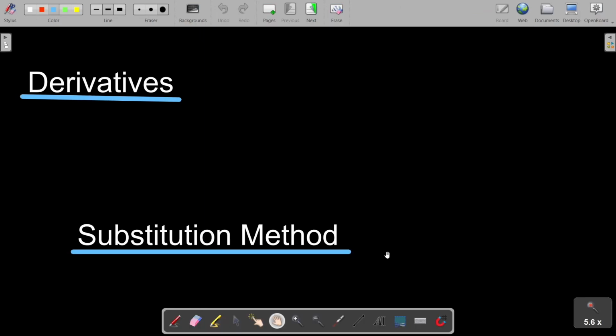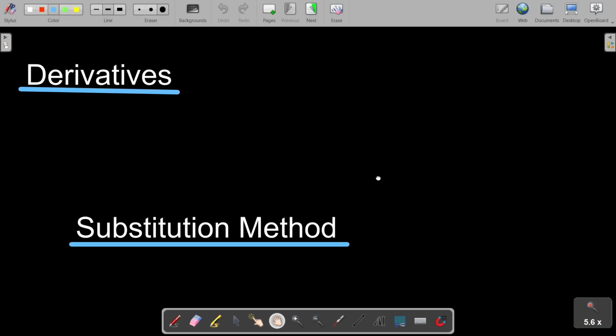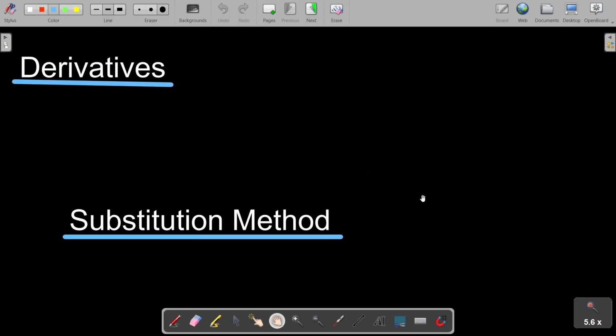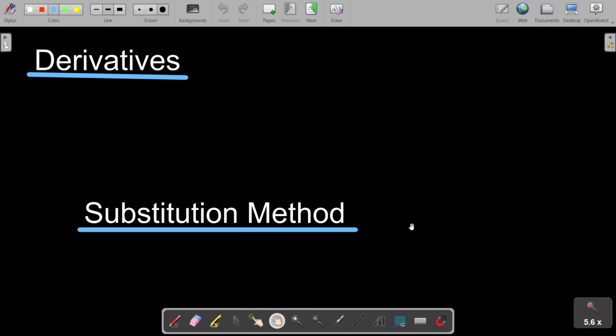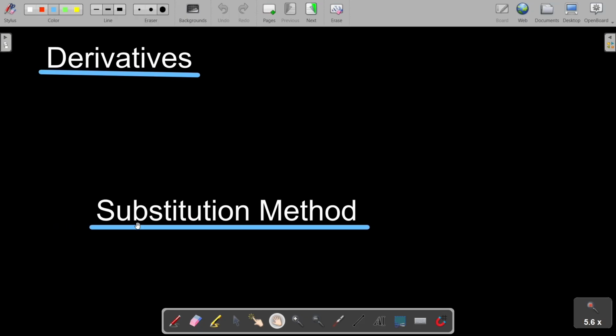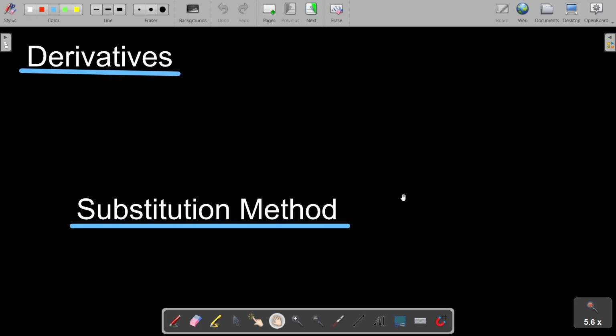Hello, in this video, I'm going to continue the previous part of derivatives where I stopped. In this part, I'm going to tell some methods of doing derivatives, of differentiating various functions. There are two or three methods that I know. One is the substitution method and another is the logarithmic method. And there is one more method. It is known as